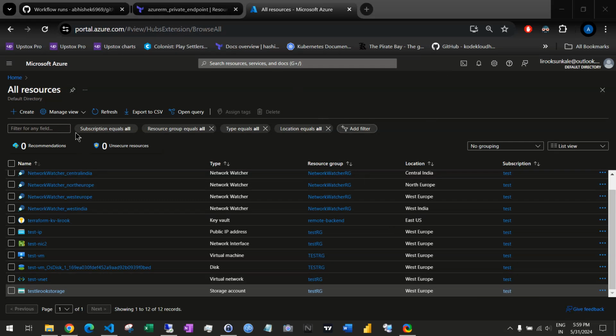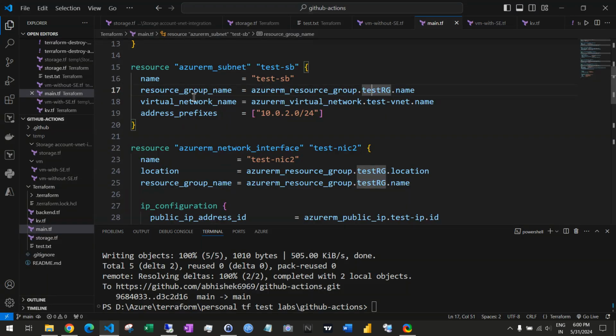So hi all, this is just a use case that I have picked up for secure access to the storage accounts using service endpoints and VNet whitelisting. This will be done using Terraform and using the standard workflow that we discussed in the last two videos. So what I have done is